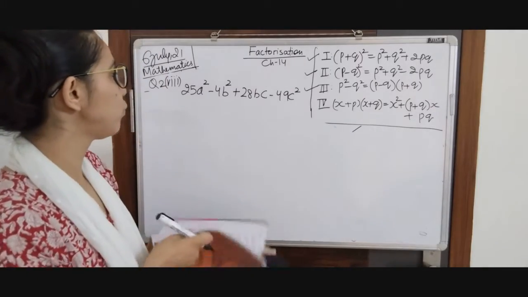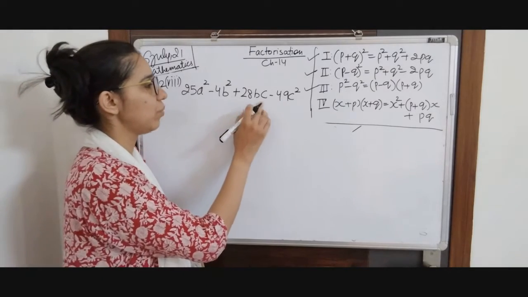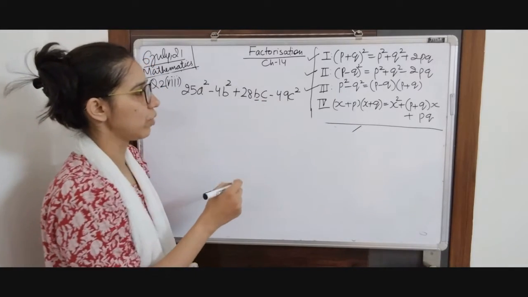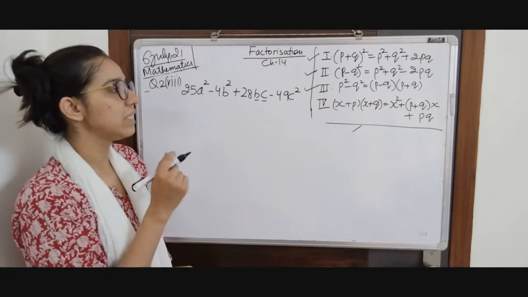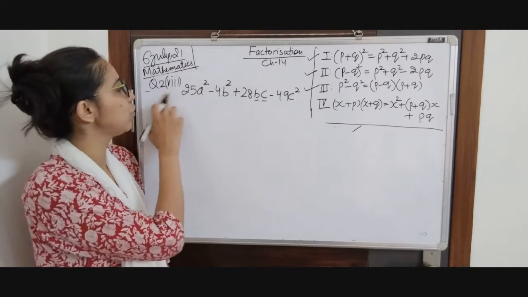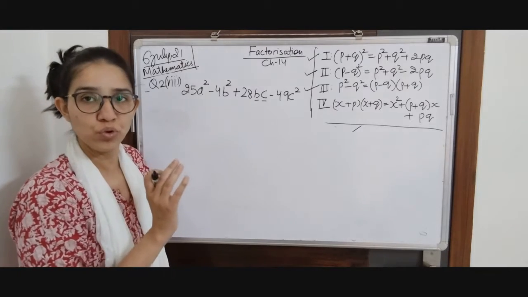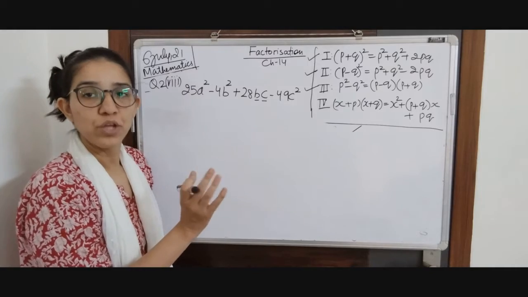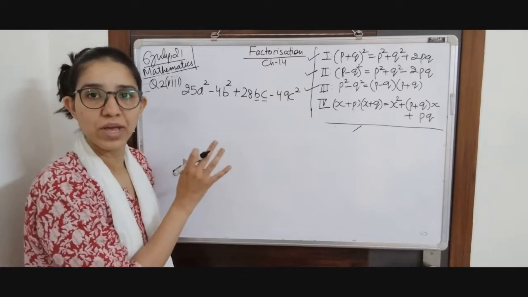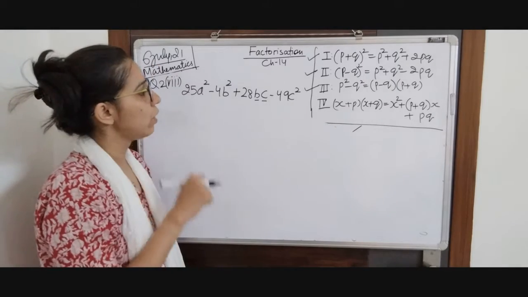Okay, now what to do? There are three square terms and there is a term in which we have bc, two variables. So this question is similar to the previous one we did, the 7th part, but in that the expression given to you was in simplified version. You could directly see which identity we had to apply, but not in this one. We have to use our logic.